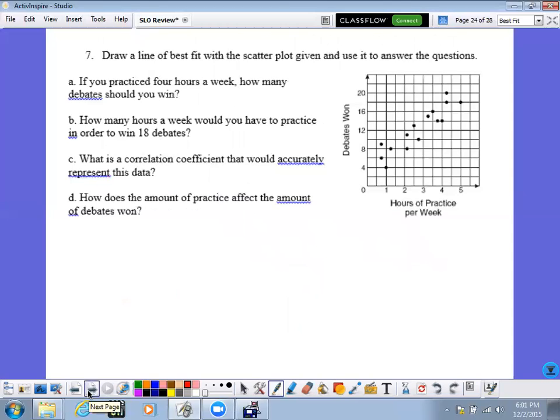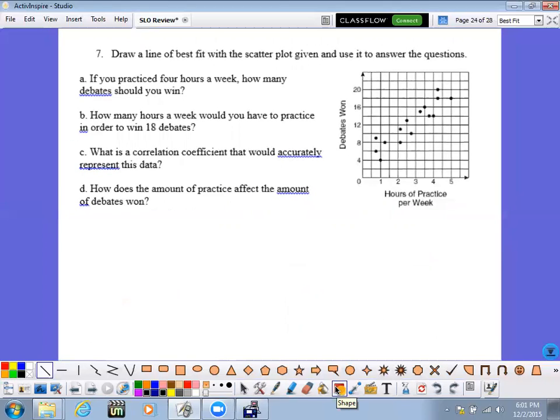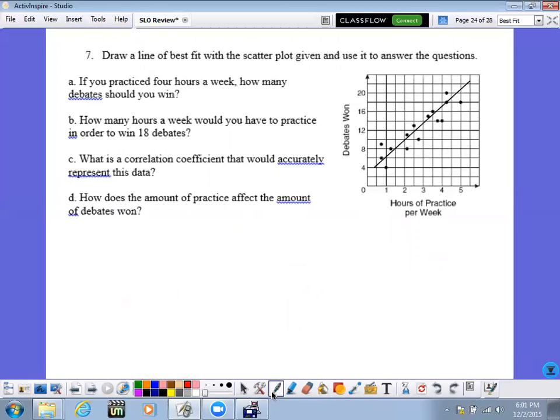All right, looking at the next one: draw a line of best fit with the scatter plot and use it to answer the questions. This was a mistake that a lot of you made on your test. I told you to draw a line of best fit and then to use it. A lot of you drew the line of best fit, and it was fairly accurate, but then you never used it to answer the questions. You used the dots. And so